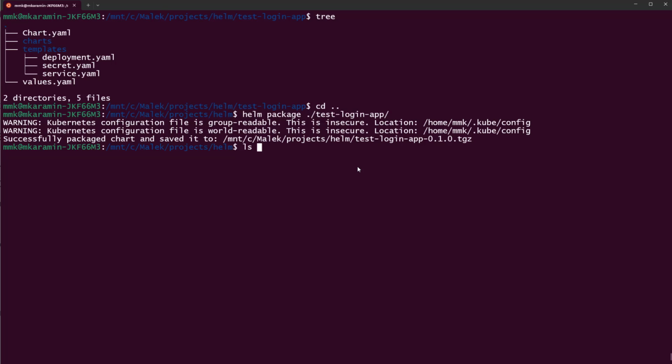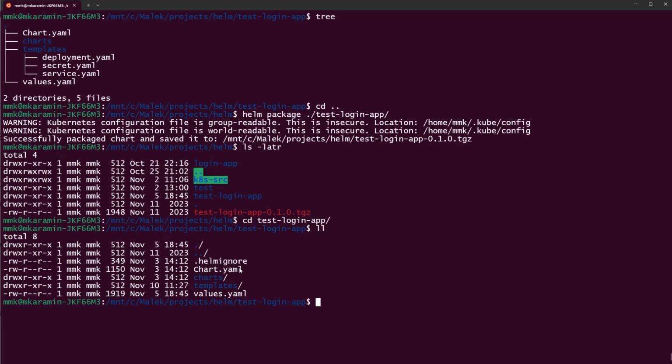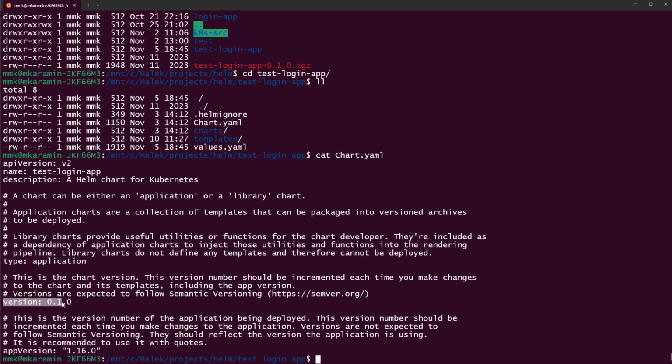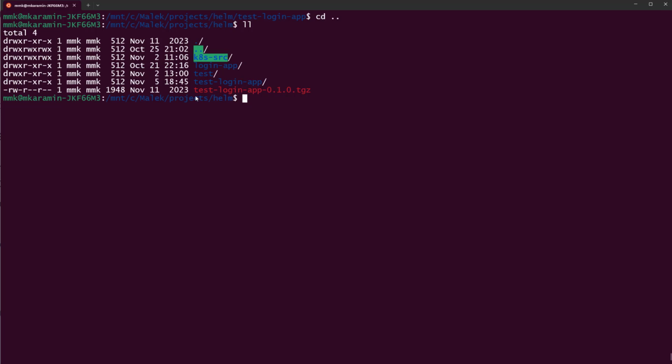Let's ls -latr test-login-app with this version 0.1.0. Do you know where these numbers come from? If I go to the chart and open Chart.yaml, look here, version 0.1.0. So let's clean the screen, exit from this folder, and this is the package we prepared to push on